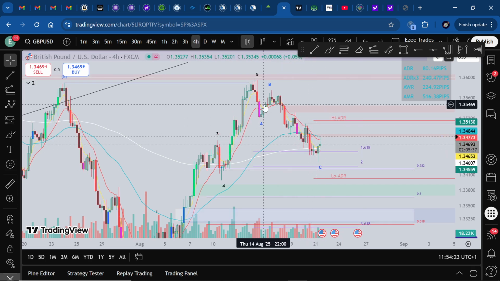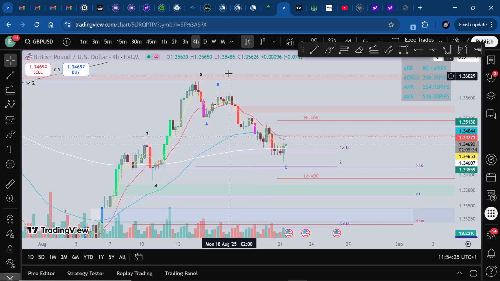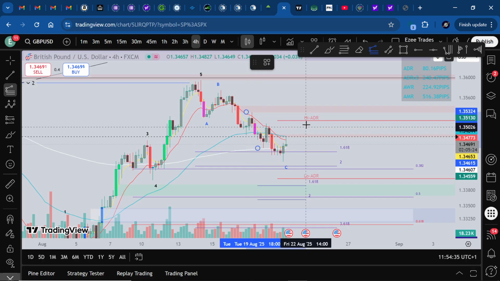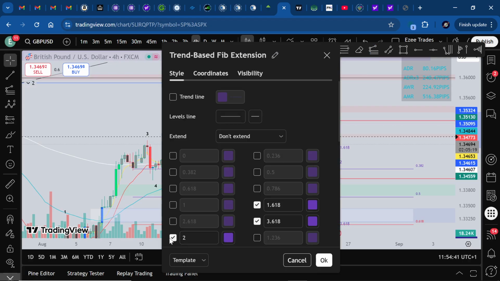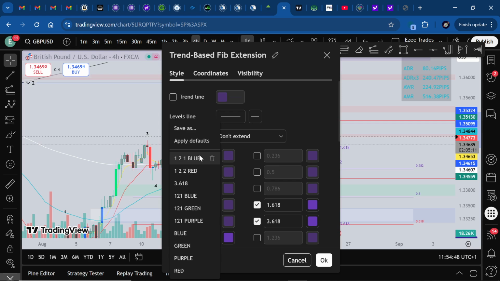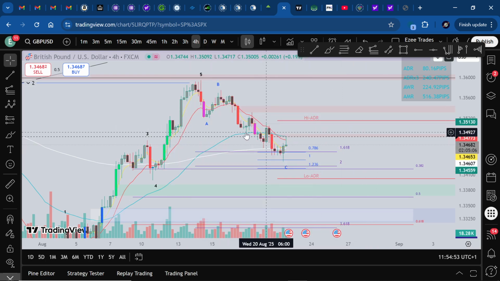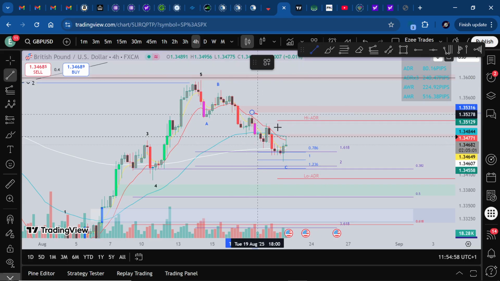So this here looks like a diagonal to me. 1, 2, 3, 4, 5. I'll just quickly make sure 3 is longer than 5. Old rules for contracting diagonal, 1 would have had to have been shorter than 3. No, 1 would have been the longest, then 3, then 5. But now with the new rules, as long as 5 isn't longer than 3 and you still got the shape of a diagonal when you take it from